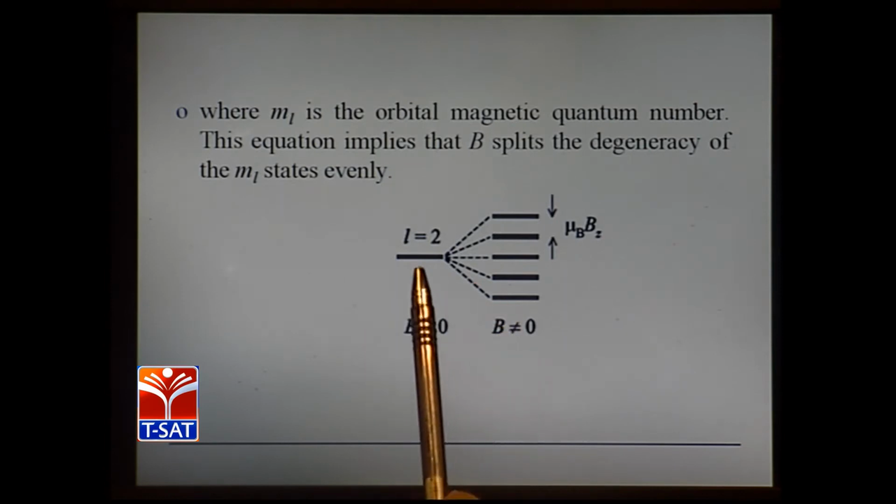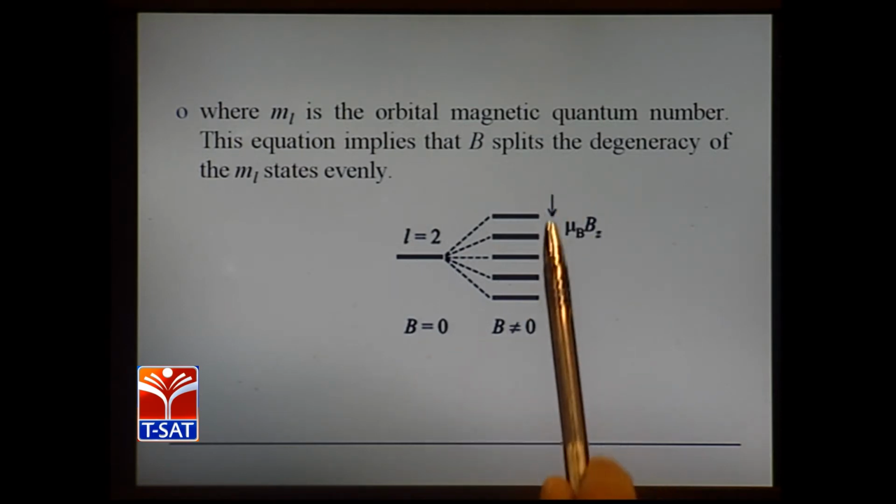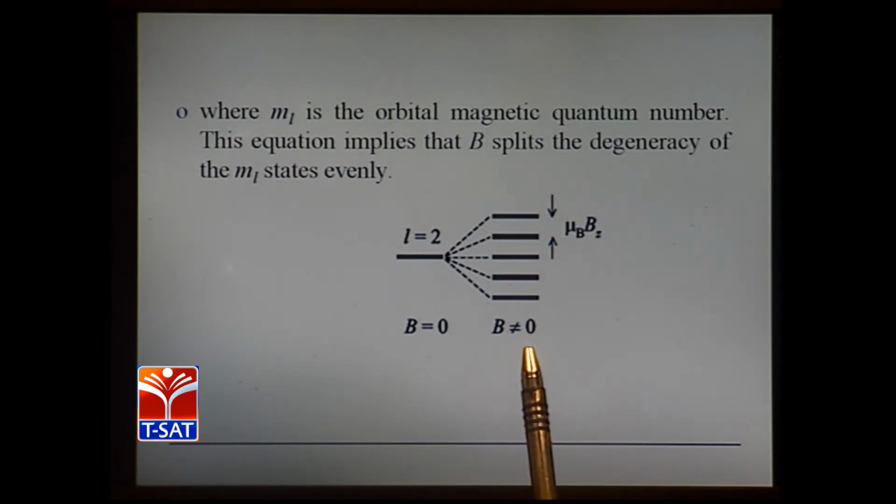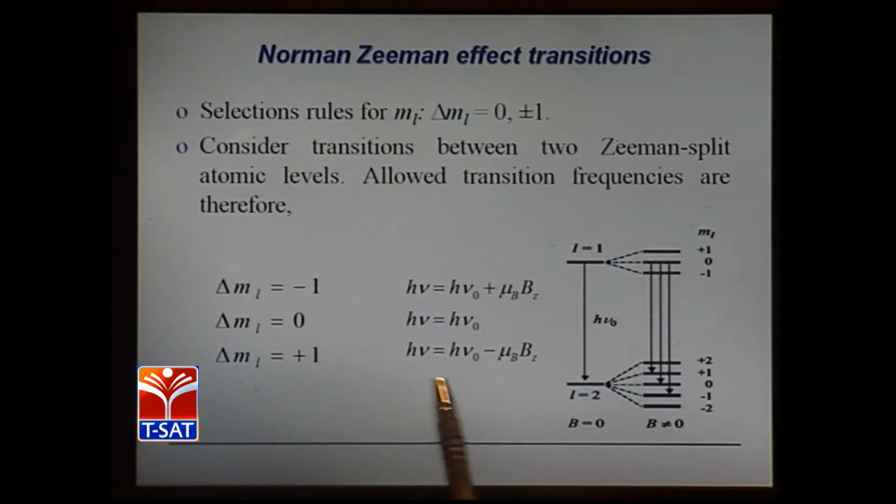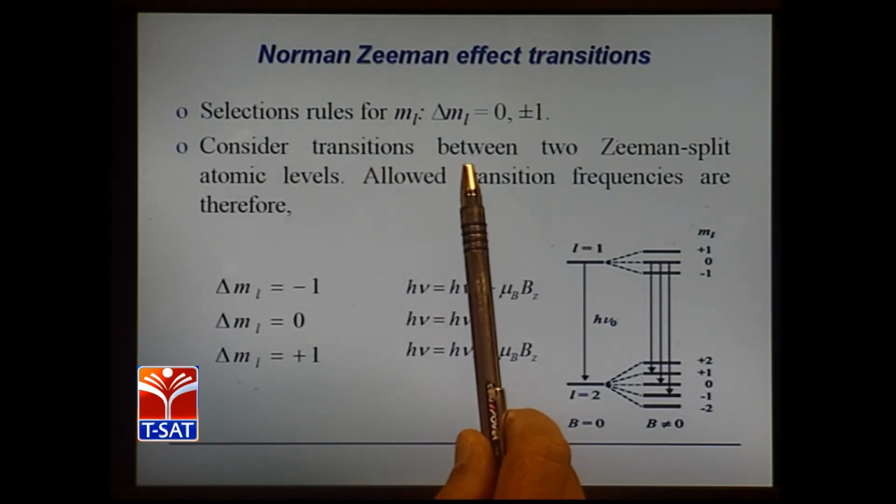This is the original line with the magnetic field 0, that means without the magnetic field, and these are the lines which are produced because of the magnetic field. So, the effect of magnetic field is to remove the degeneracy and produce all these things separately. Normal Zeeman effect, the transitions that are observed are, here you will find the selection rules for Zeeman effect is